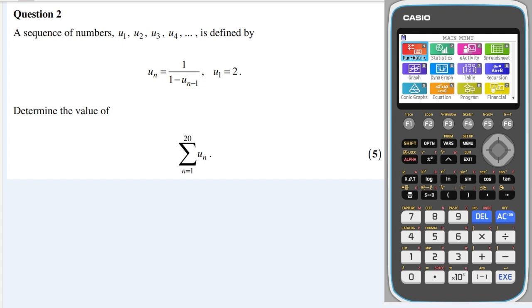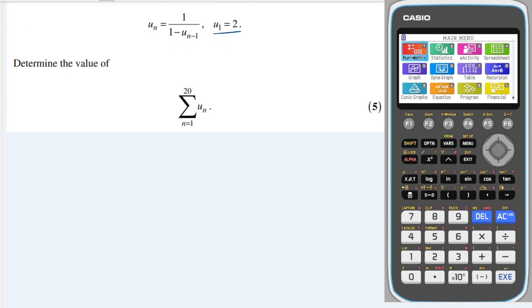Question 2, we've got a sequence of numbers defined by this iterative formula. We get told what the first digit is, and we're asked to work out the sum of the first 20. Okay, so we need to find a pattern, so we need to just work out what each term is. So the first term is 2. If I sub 2 into my formula,